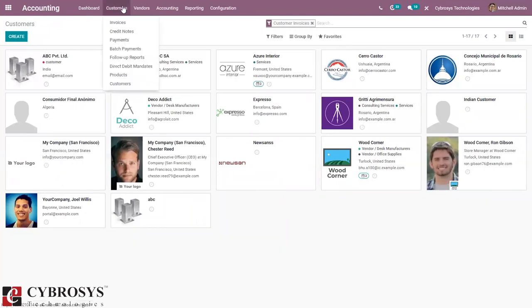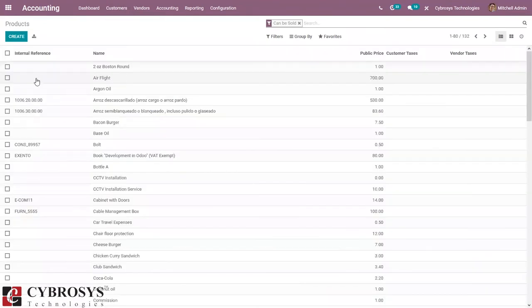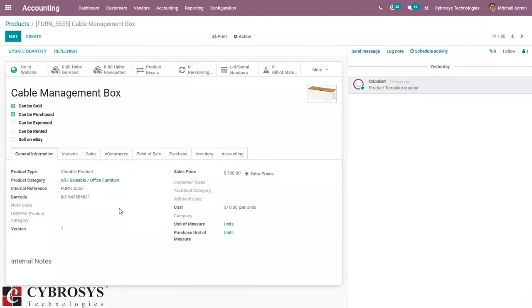Then if you check our products, some additional information is added to the product configuration. That is in addition to the basic information.